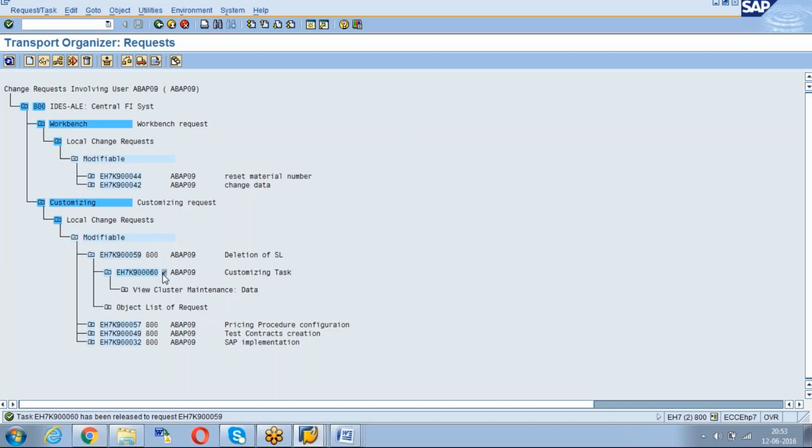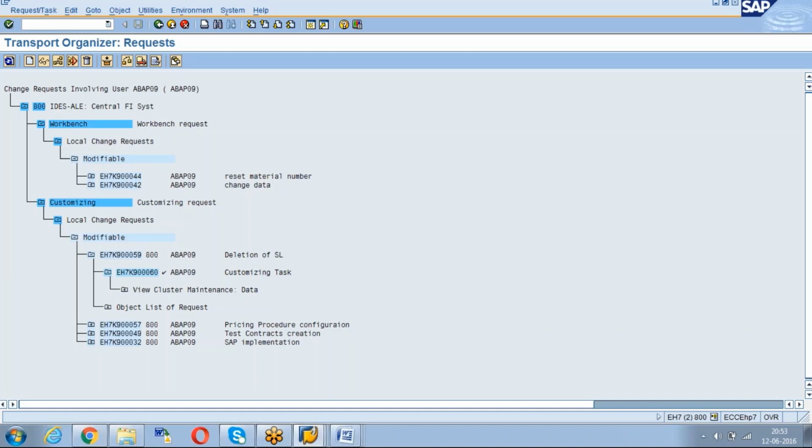Are you able to see that? After releasing the task, then you have to release the TR. Once you release the TR, that is eligible to move to quality system. And also one more point you have to remember, the released TR cannot be used for your configuration changes. It won't be visible also.